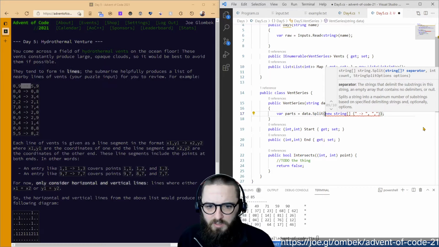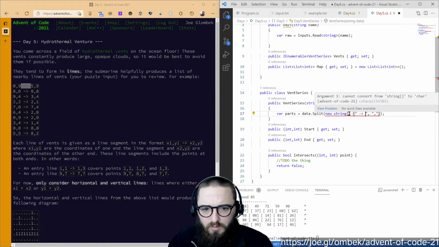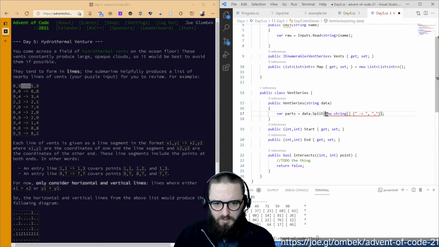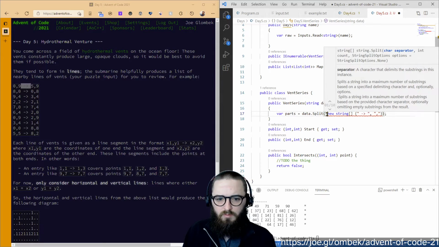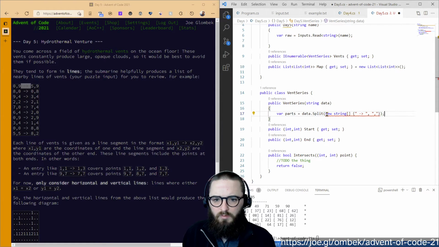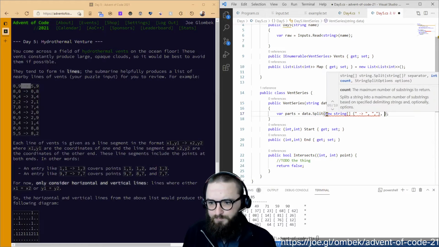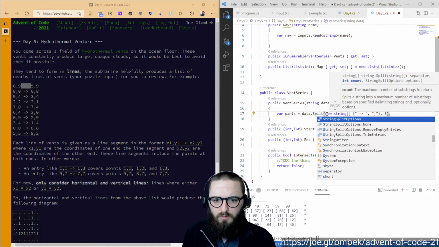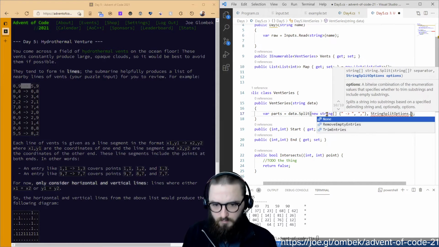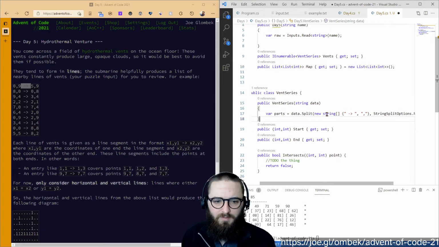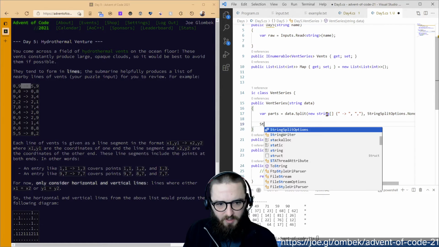String array separator. Oh, does it require an extra parameter? Yes. Cool. So then I'm going to set my start